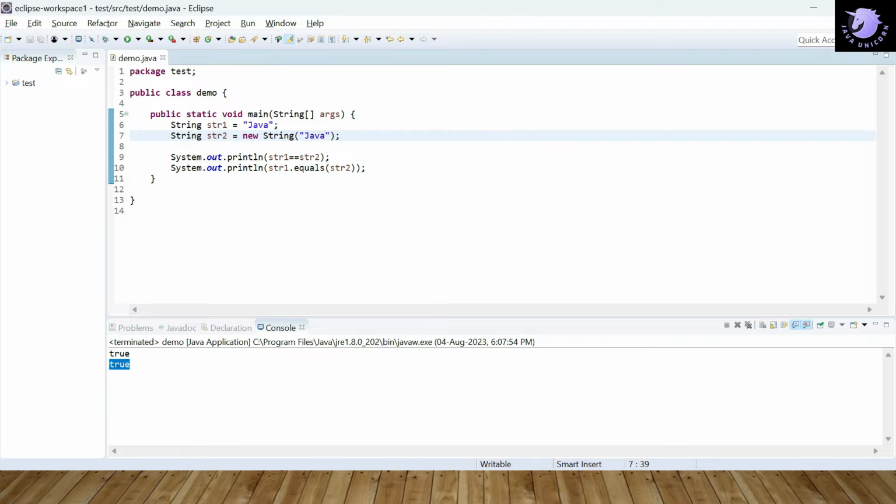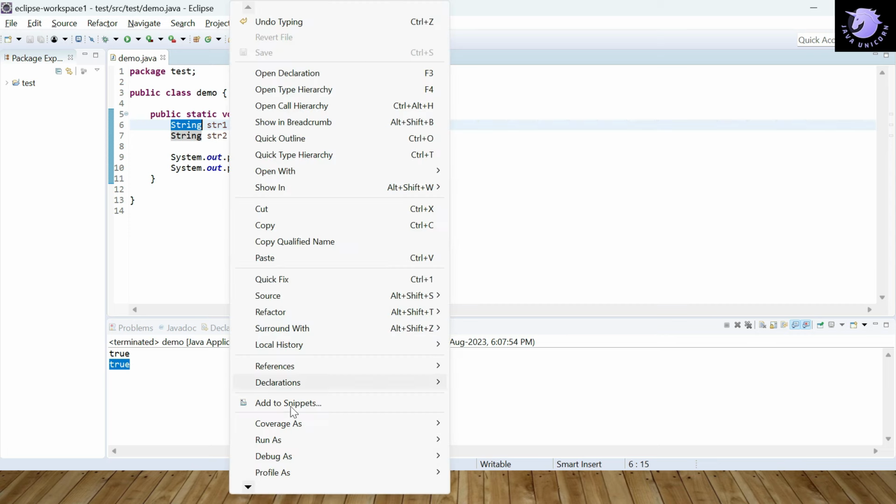In this case, both string variables have the same value: str1 has the value Java, and str2 has the same value. But str1 refers to the string constant pool in which the value is Java, while str2 points to a new object. Objects are stored in heap memory, so it is pointing to a new object. Let's run this program and understand.